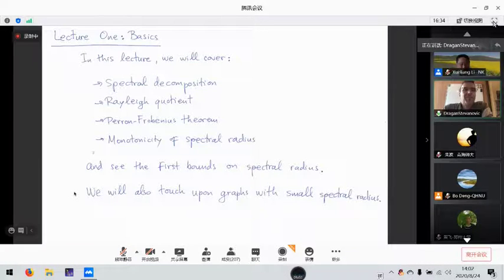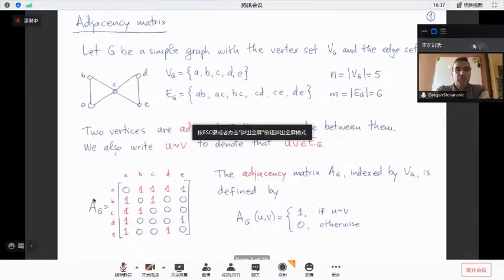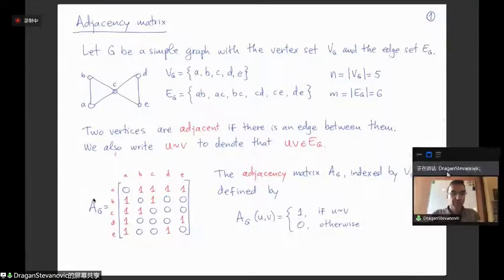Left for tomorrow, we'll see. It depends on how fast we will go. So, let us go to the very basics, because I don't know